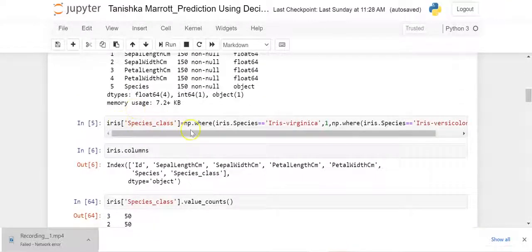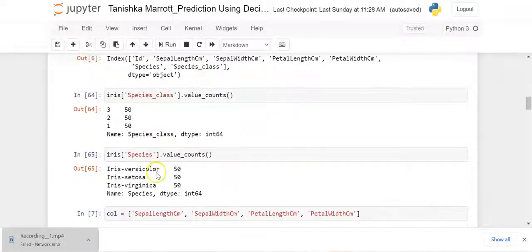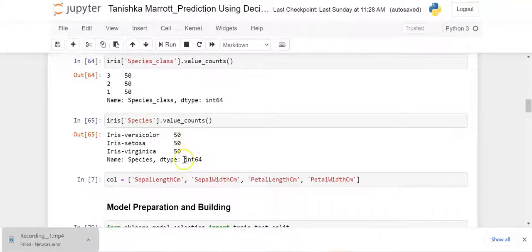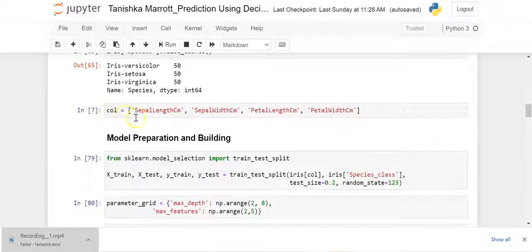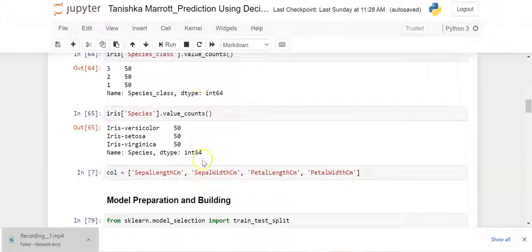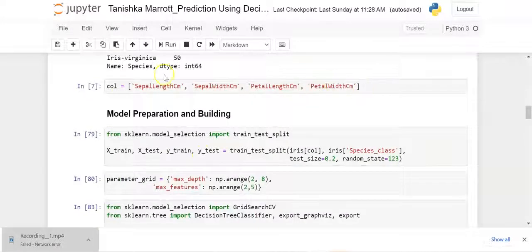I have defined another column called species class, where I have denoted each of the species with a given number. I'm checking the value counts for both species class as well as species, and checking that they both match 50. The columns variable is a list of the 4 columns, excluding the species, as I would require these columns for further processing.